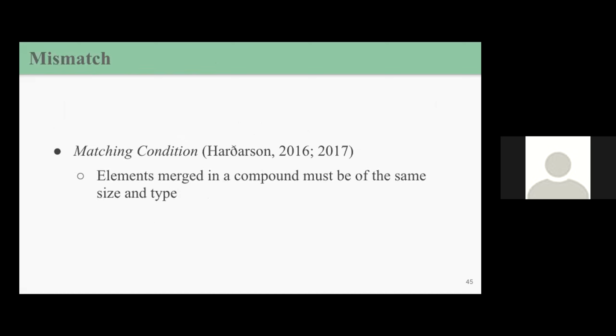cool. And one key difference for me is that I have mismatch. There is this proposal called the matching condition, which basically states that elements in compounds must be of the same size and type. For a lot of proposals of compounds, this works, at least with the adjunction ones. But this is not the case for me, and part of why I think there is a mismatch is